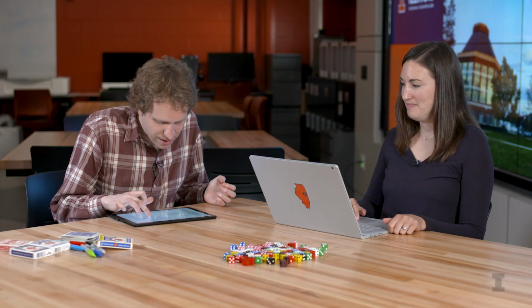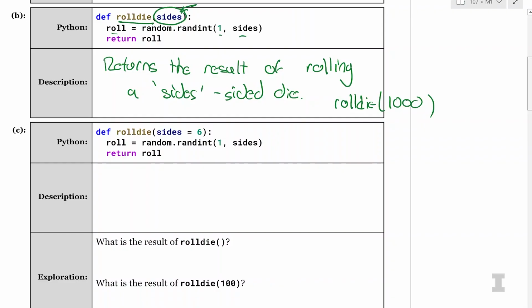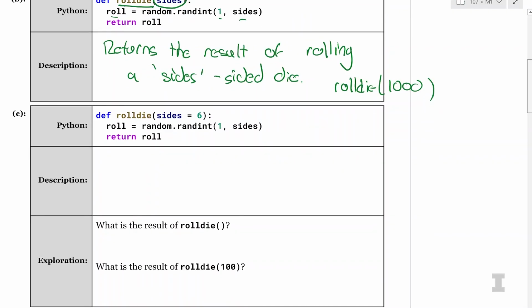So now let's see some more complicated bits. An additional complicated bit is that we have roll_die with the only change being that we're saying sides is equal to 6. So the function is otherwise the same, except that we're giving the function parameter, or the function argument, a default value.